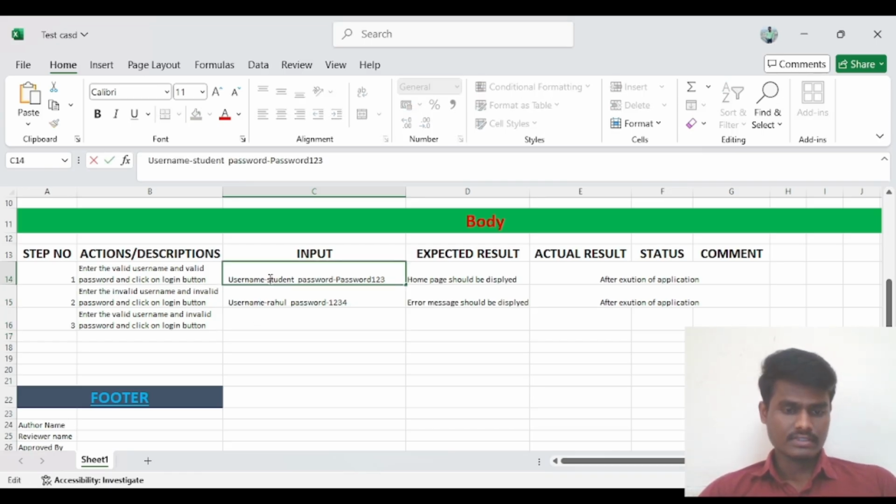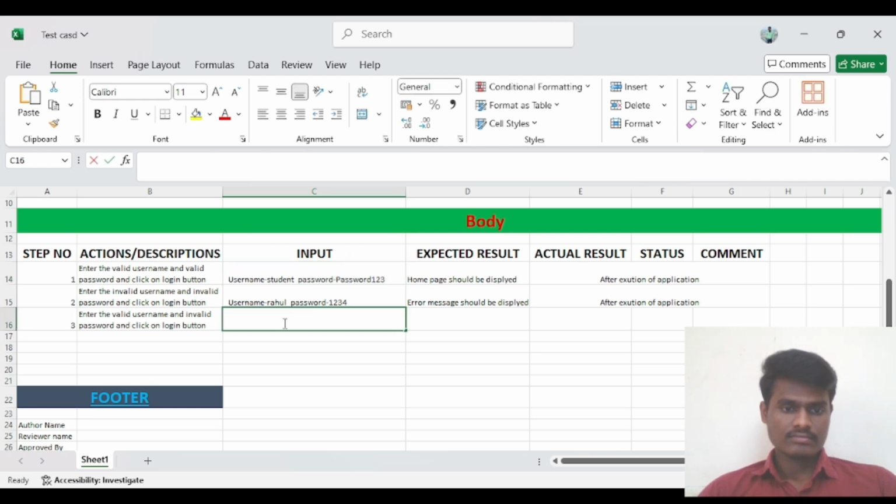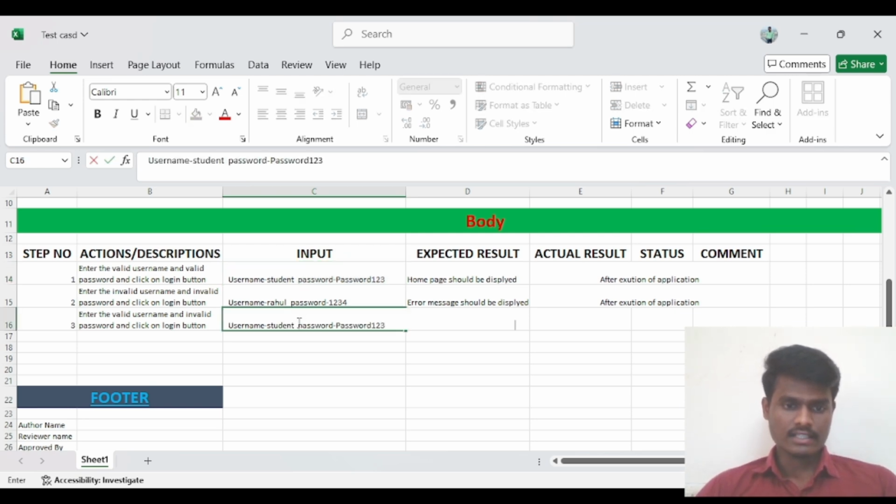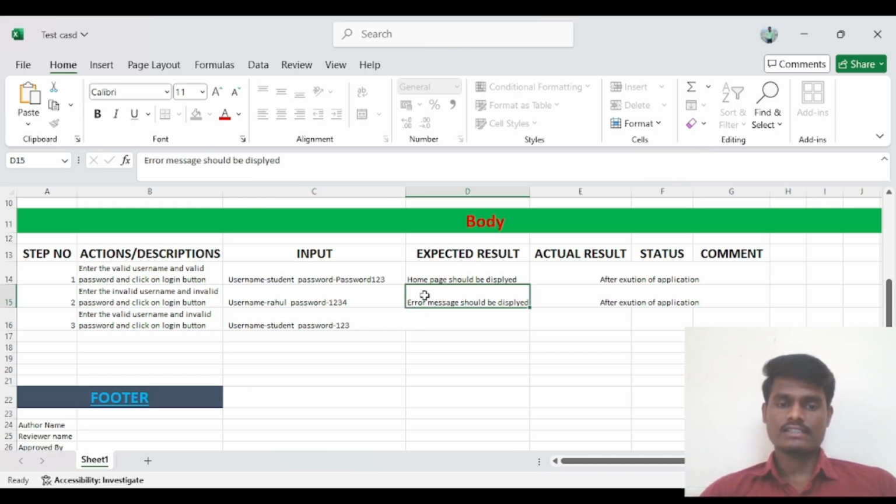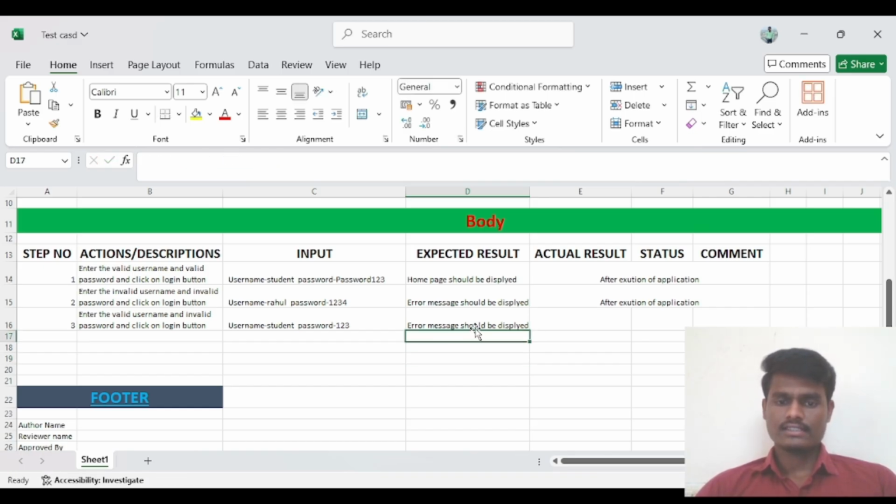This is our valid username, but if I give an invalid password, this is our invalid password. If I give this one, we will get the same error. We will get what? Same error. And here also we will get the same error.